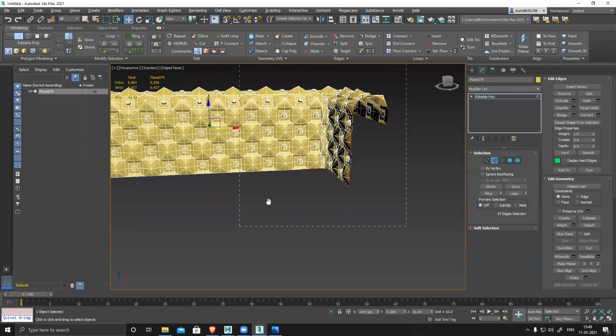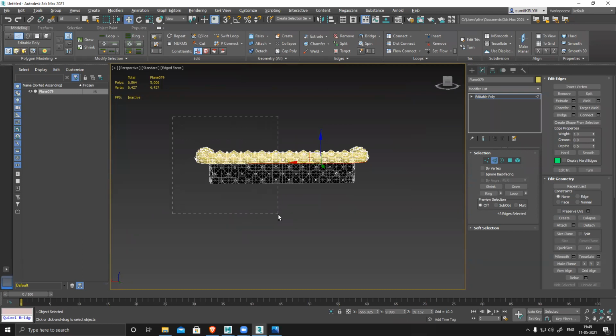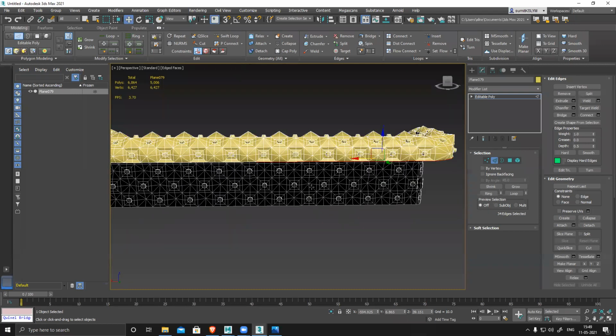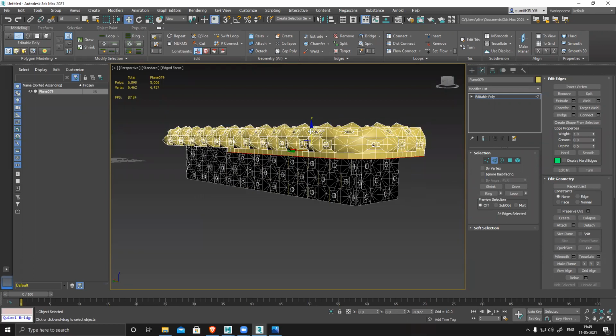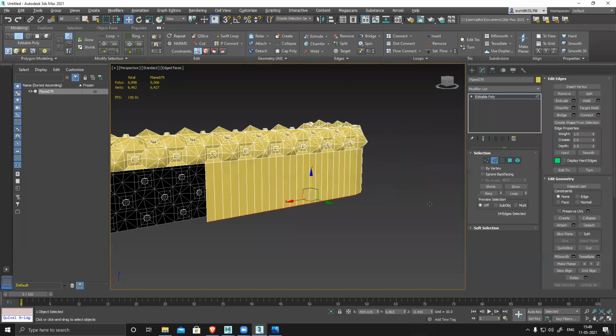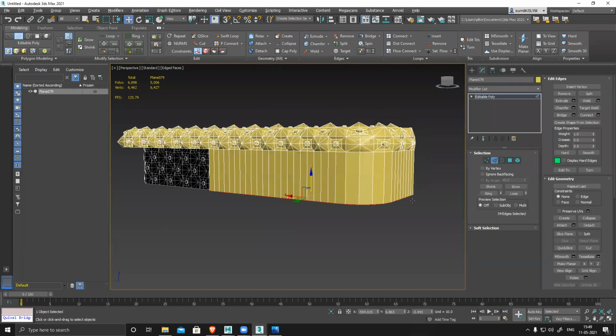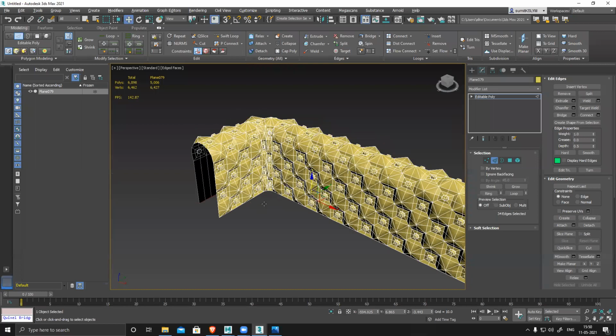Or deselect everything from this side, only keep half. That also works perfectly. So I'll work on only the half side and the rest of the half I'll simply create. Shift and extrude. I extruded this section. So everything is quad, you can see clearly.